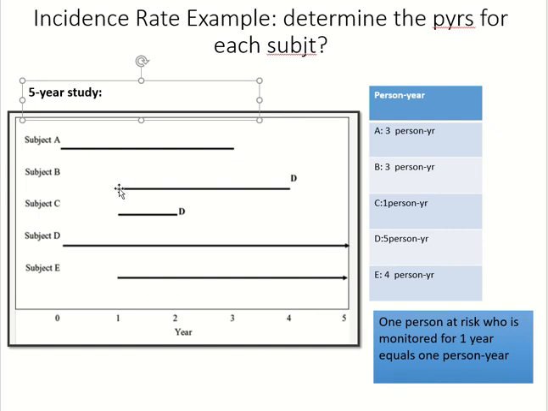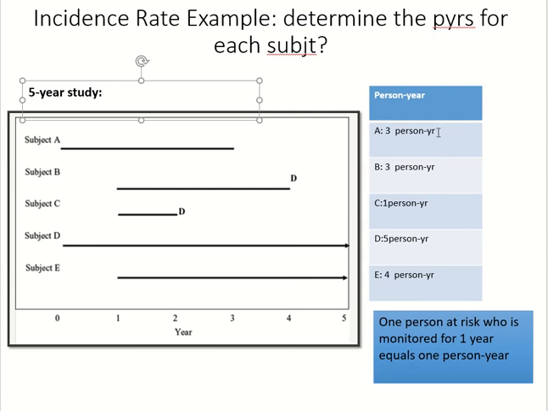Subject B, the follow-up started the 1st year and ended the 4th year when they actually developed the disease. Subject C, also started the 1st year and ended the 2nd year when they developed the disease. Subject D was followed for the entire period, and subject E was followed up only from year 1 to year 5. So if you look at the first person, subject A, the follow-up was for 1, 2, and 3 years, and therefore subject A